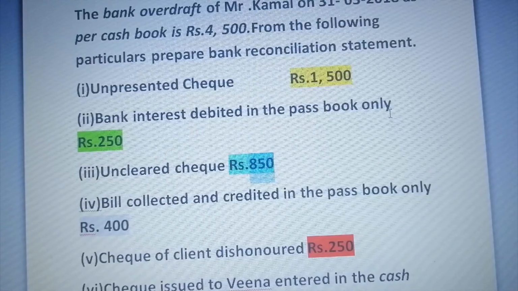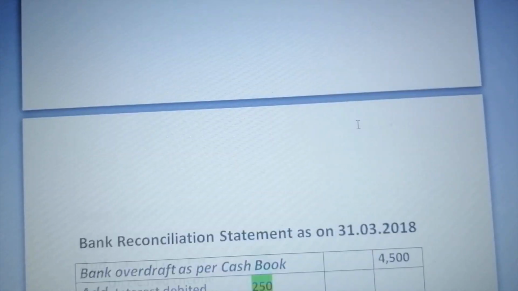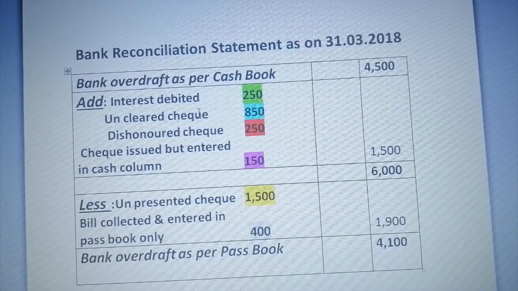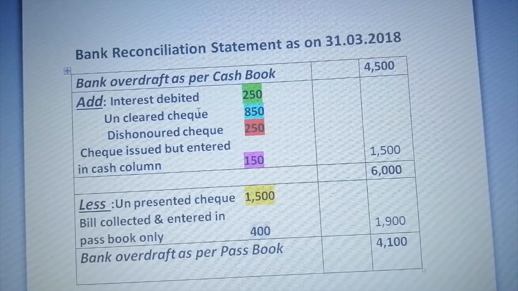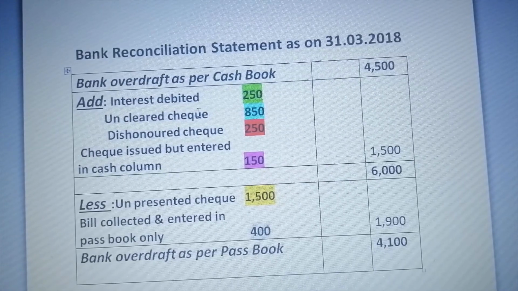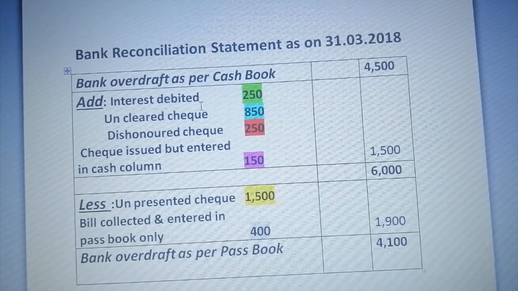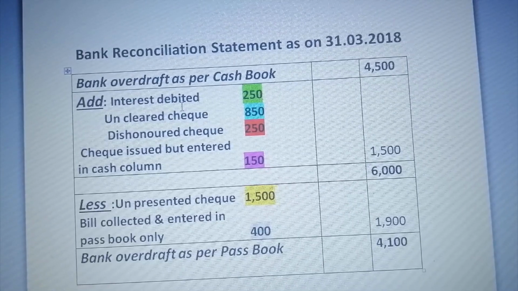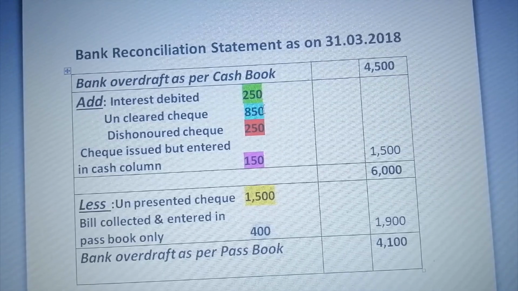So what we have to do? Here we are following unfavorable balance method. So in unfavorable balance method, all the transactions are to be considered in reverse order. That is, the transaction that leads to increase will be deducted and decrease will be added. So because of this transaction, the passbook balance will be reduced. Okay. So because the interest is debited in passbook, that leads to decrease the balance of passbook. That's why this transaction is being added back to cash book. Clear?